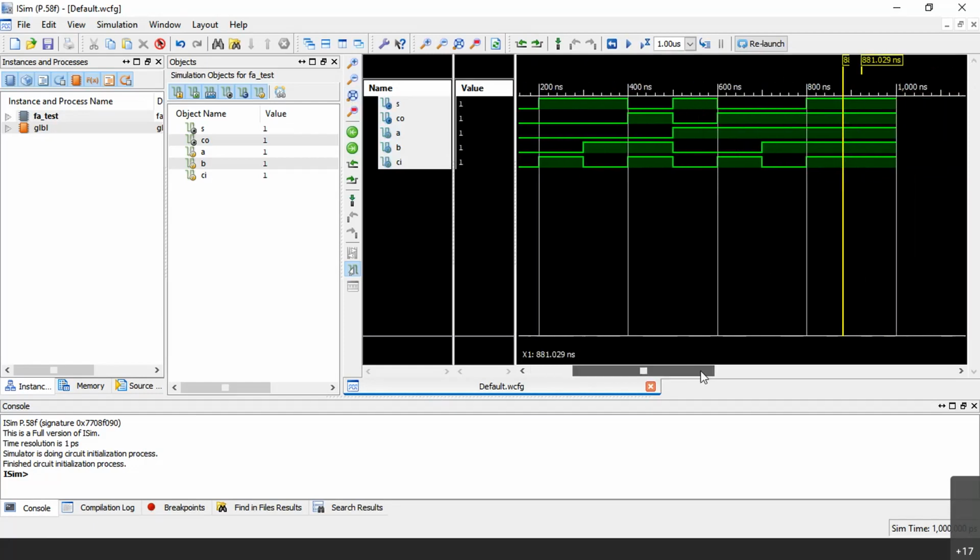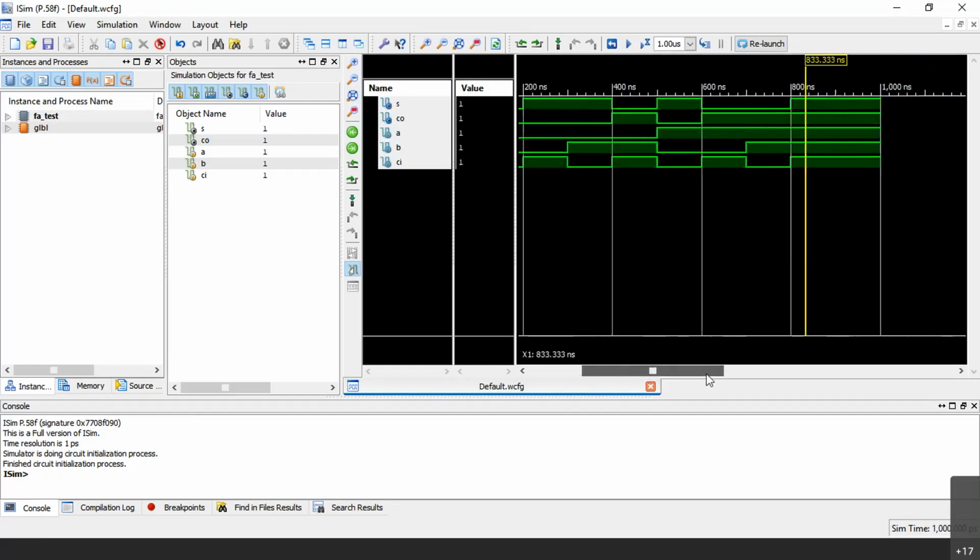Because in the test bench there is that initial program, it has executed the test bench only once and concluded at 1 microsecond. 1000 nanoseconds is 1 microsecond. You can see here the timing chosen by the plotter is 1 microsecond. As we have given that initial, it has executed until 900 nanoseconds and left it as it is.